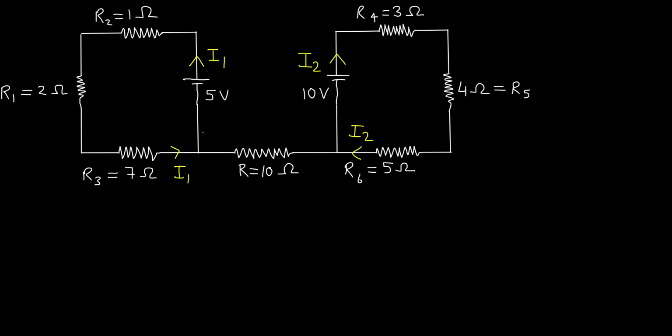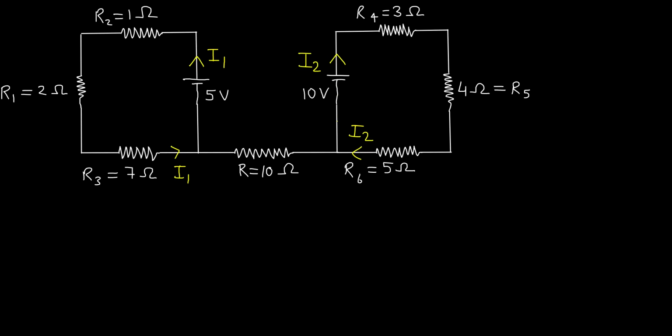Now the thing is, if any part of this I1 current goes into R equal to 10 ohm, then what will happen? The current going back to the 5 volt cell will become smaller, but that cannot happen. Whatever current a cell delivers from its positive terminal, that total current must go back to the cell again, right, to maintain the electroneutrality. And in the same way, if a certain part of current I2 goes into R equal to 10 ohm, then the current going back to the 10 volt cell will become smaller than I2.